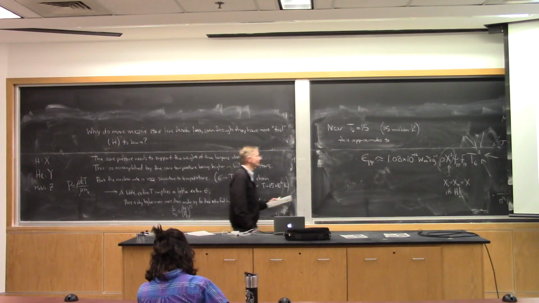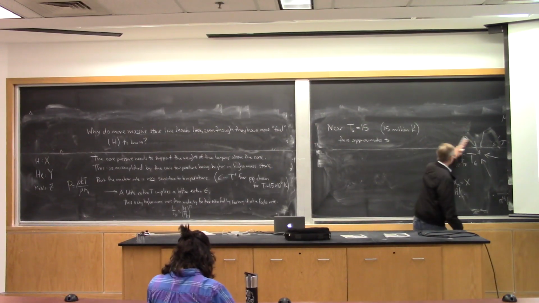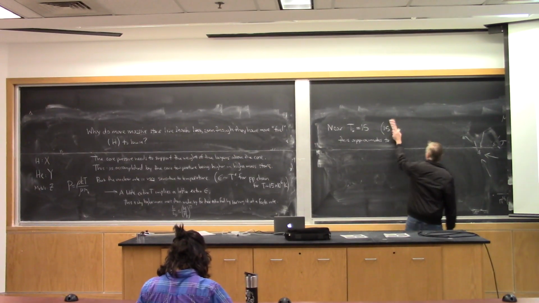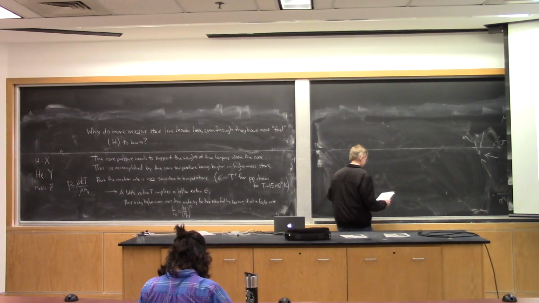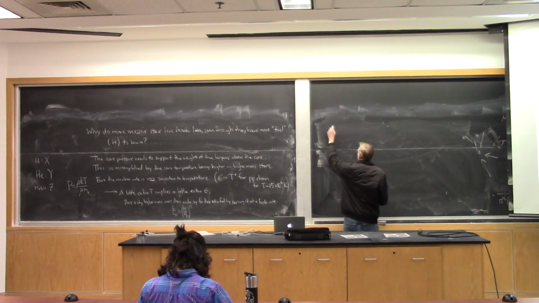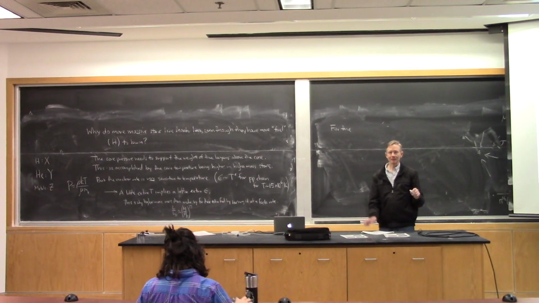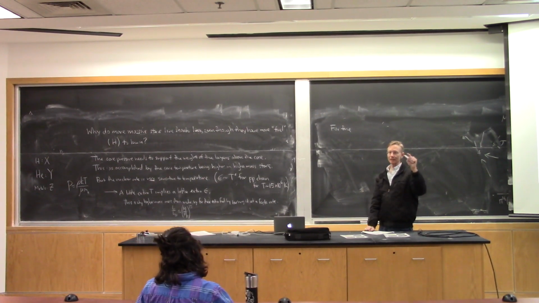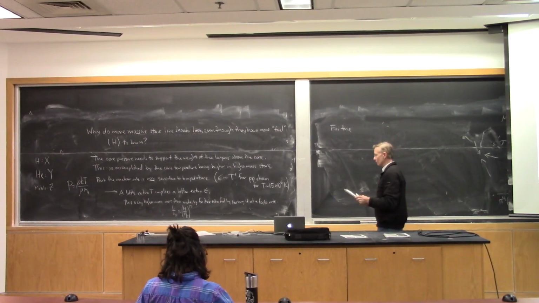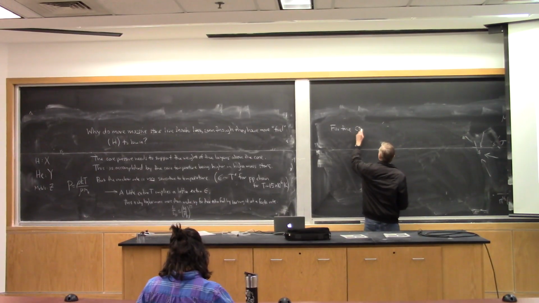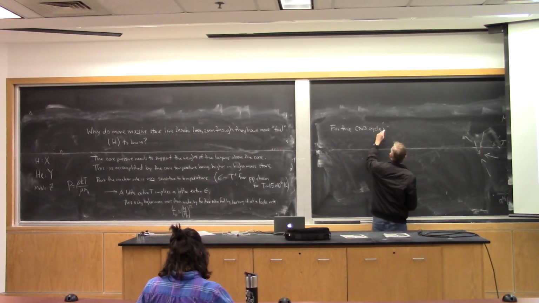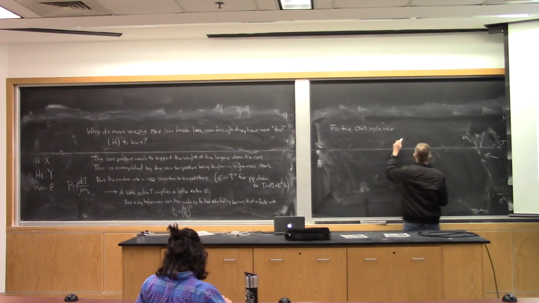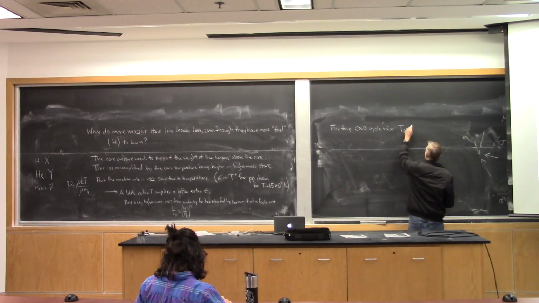But wait, there's more. So the proton-proton chain, temperature to the fourth power. Let's look at the CNO cycle. So remember that's the one where it starts with carbon 12, and you make various isotopes of nitrogen and oxygen until you get the carbon 12 back and a helium-4 nucleus. So for the CNO cycle, near T sub 6 equals 15,